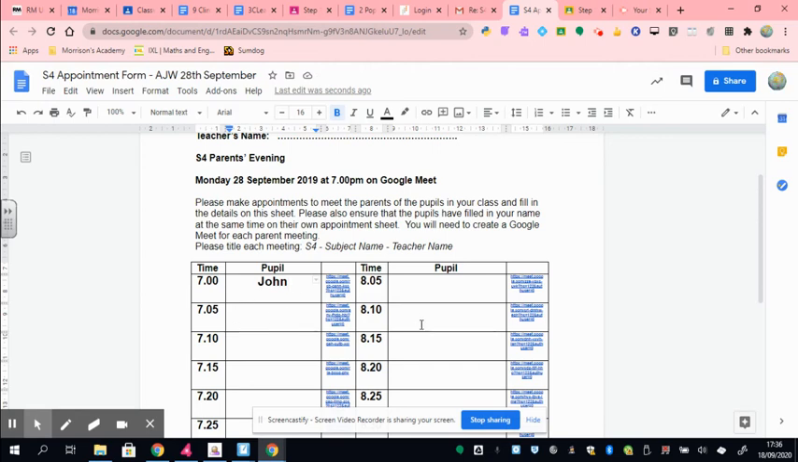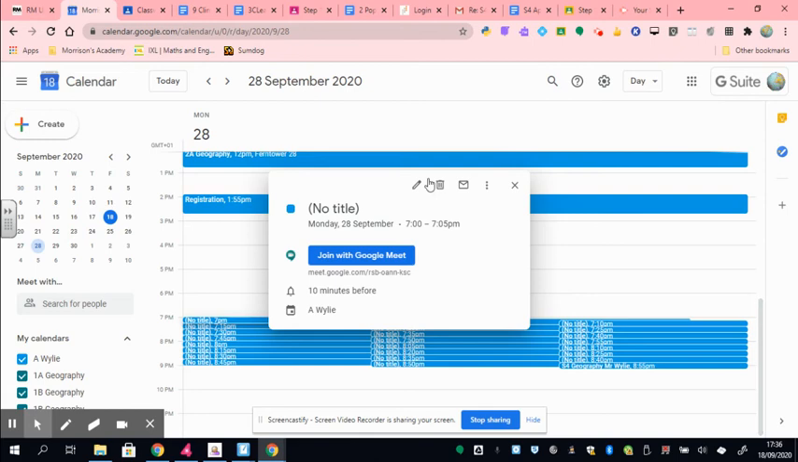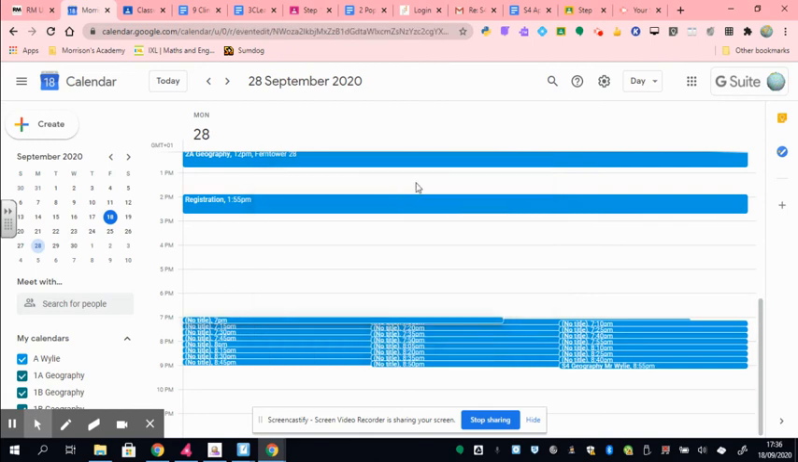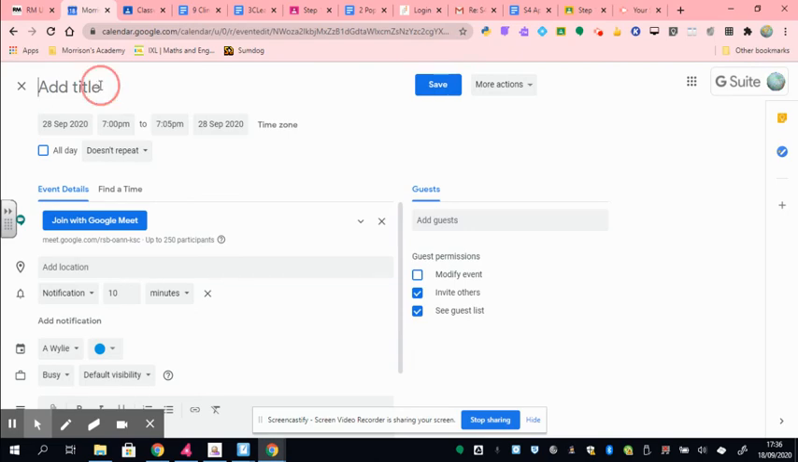Once I've got my names in, I could either do it whilst the students are there, or I could do this afterwards. I now need to jump back to the calendar, and I need to go into each of these appointments. So this is a 7 p.m. appointment, and I need to edit it. And you'll notice, first of all, this is one that hasn't had a title added. So I would need to say S4 Mr. Wiley, geography, and I want to add John,